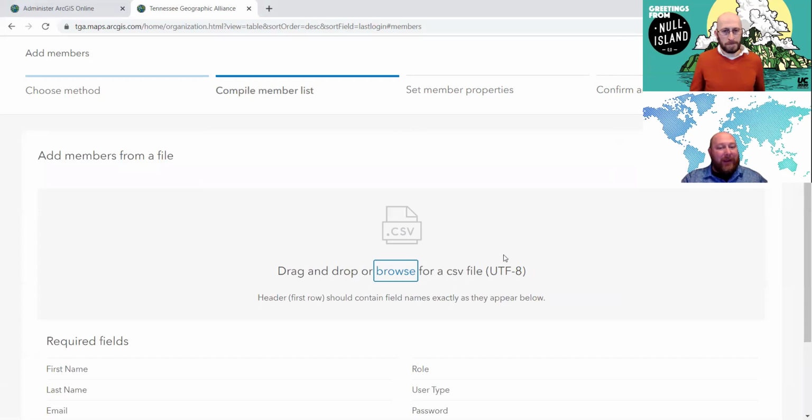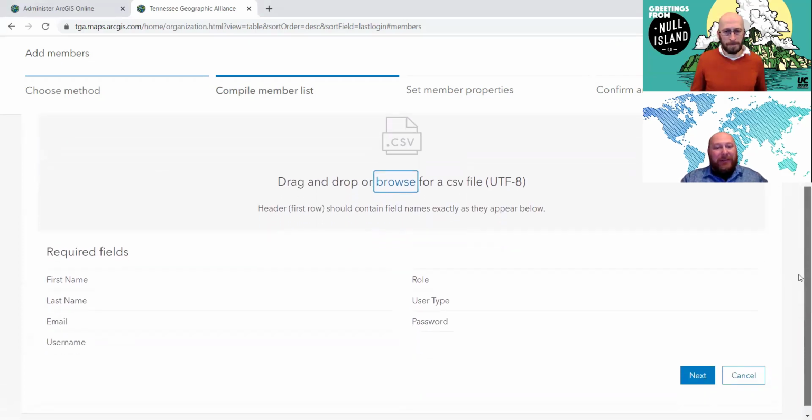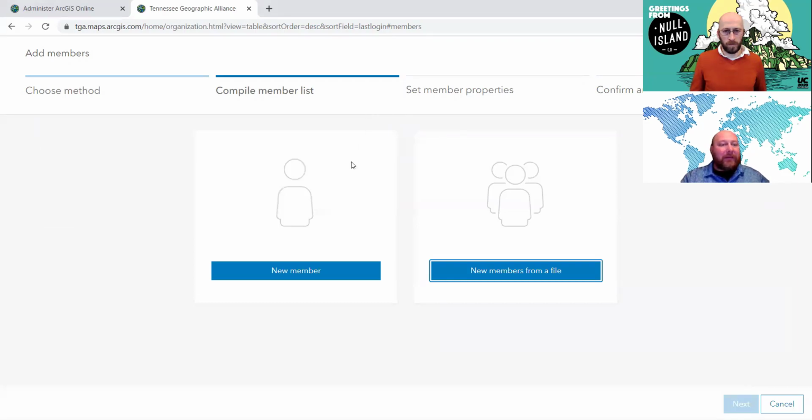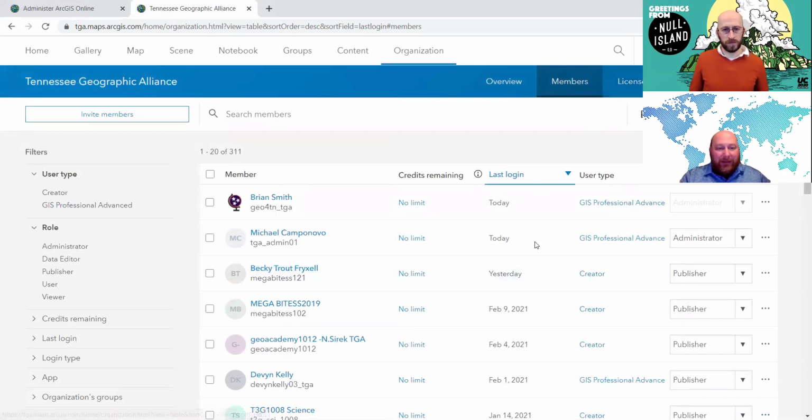And it comes in handy when you want to put a batch in, so first name, last name, email, username, and role. I think I usually just set it to publisher, if I got that right, and then password. And then you can just do one person at a time later if you get somebody entering your class. So that comes in handy. You can just do that one at a time. But let's say Megabytes 2019 here forgot their